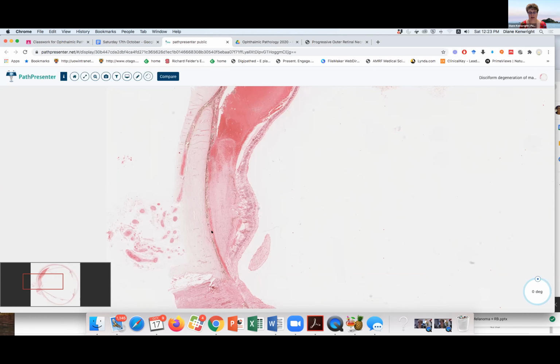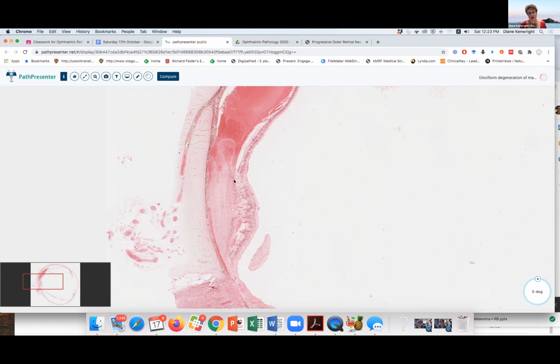Think of a healing scar after a heart attack. But in the brain tissue and the retina, scarring is gliosis. So we get replacement of the normal structures by proliferating astrocytes and their processes. So that's what gliosis is, and that's another form of scarring. So is this scar a gliosis scar, or is it a fibrous scar? We've got a combination. We've got fibrosis happening here beneath the retina, but we've got gliosis happening in the